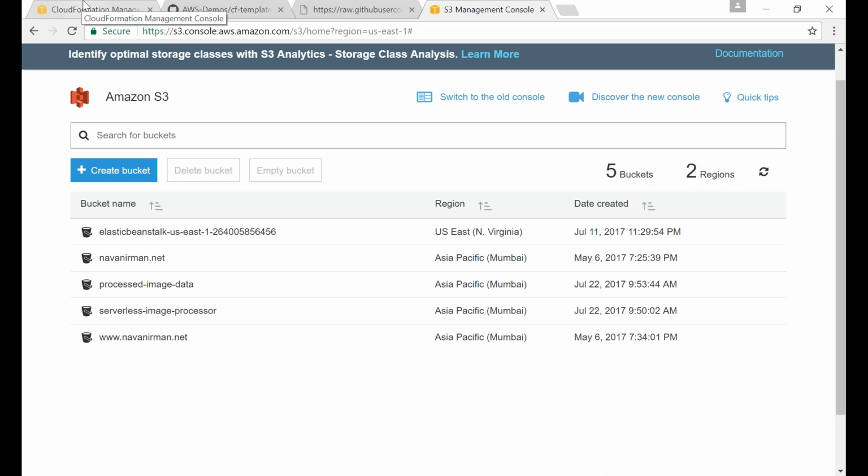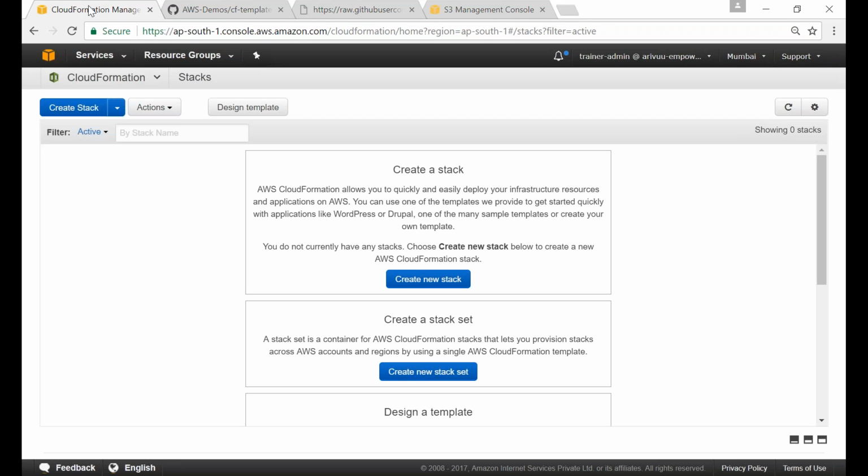So let us go ahead and create our CloudFormation using the console itself completely. I'm not storing it in S3. I'm not storing it anywhere. I'm just going to copy paste the code. Very simplest way, not complicating it at all. So when you go into a CloudFormation dashboard, this is the dashboard here, and you have 2 options: create a